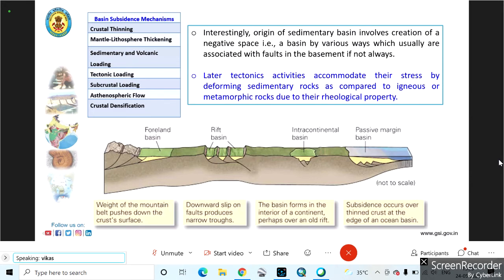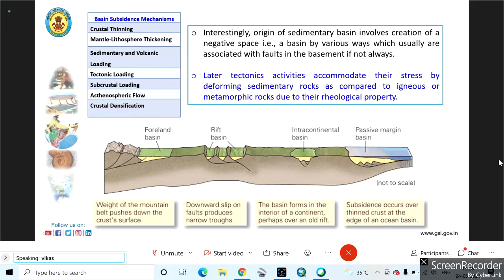Notice that in each of these types, some sort of deformation will be happening, in terms of, say, faulting, or development of horst and graben, or sinking due to the heat which is developed because of the igneous activities in the bottom part. They can even generate faults, and along these structures basins will form and sediments will be deposited. These are some of the mechanisms by which sedimentary basins can develop.